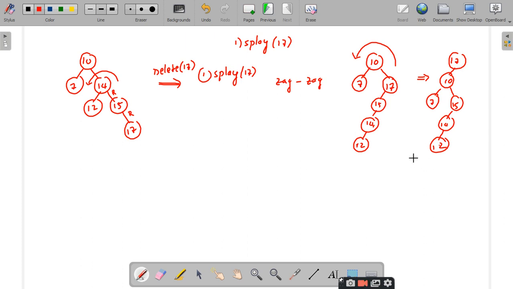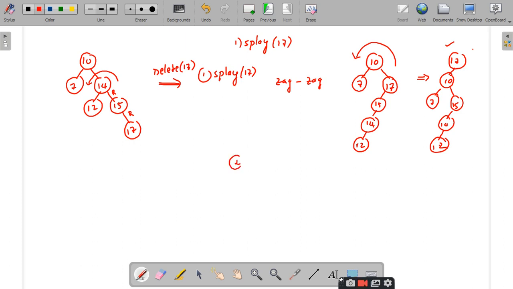Is this correct or not? Yes, sir. Right. So we were confused because we have given two similar elements, but two similar elements is not possible in a binary search tree. So I have replaced this 10 with 12. So the final tree after placing 17 is this. This is the result I got.